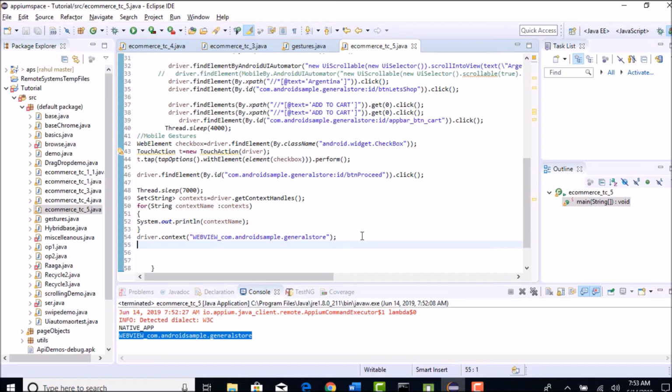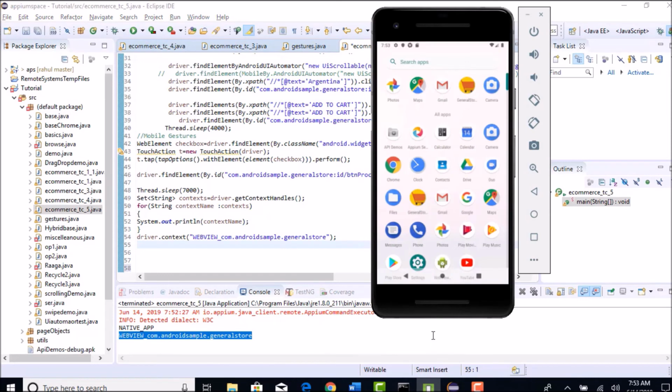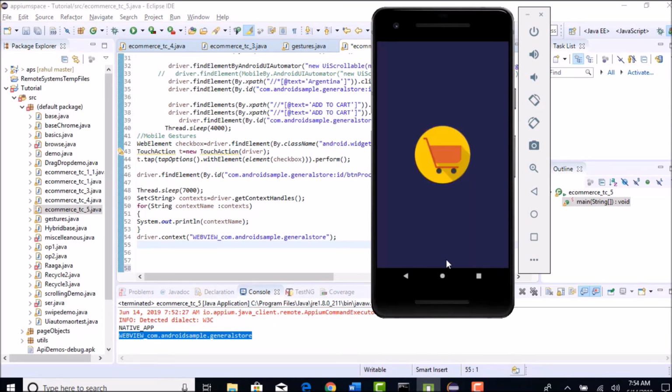Perfect. So this will help you to switch to that specific context. Now after you switch to that context, you can go and continue your automation on that specific app.